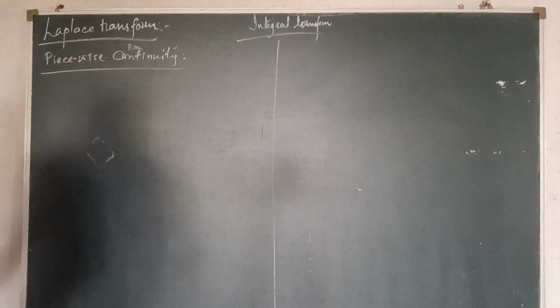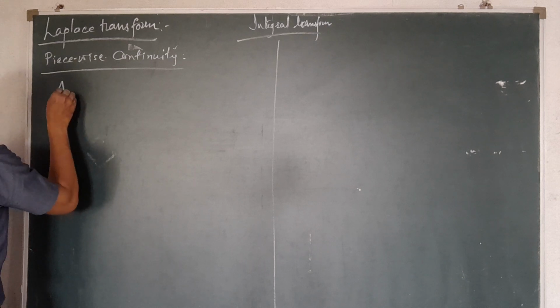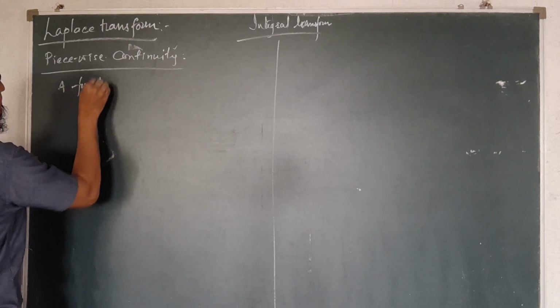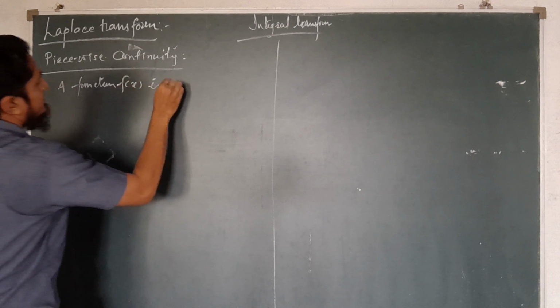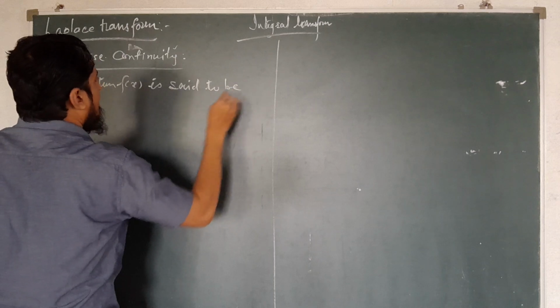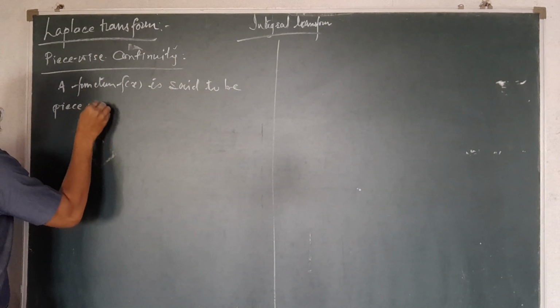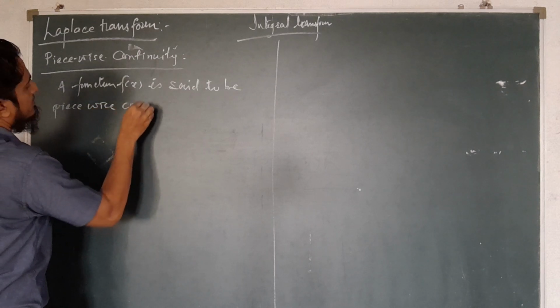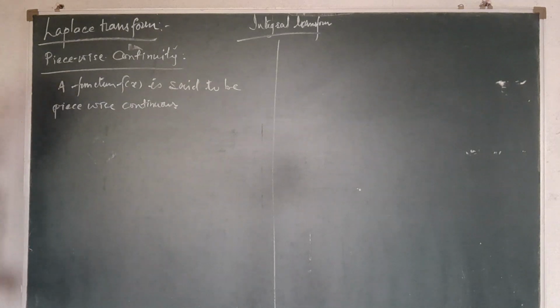So the definition is as follows: a function f of x is said to be piecewise continuous